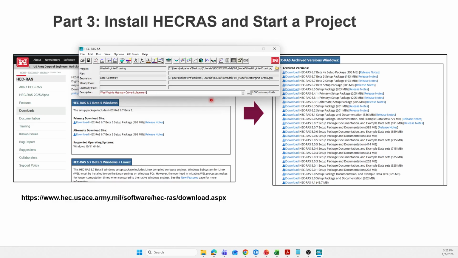We should better name it properly by coming here and saying 1D model. I say it's a 1D model of West Virginia Highway Culvert Placement, and I'm going to hit save, and I'm opening RAS-MAPPER,